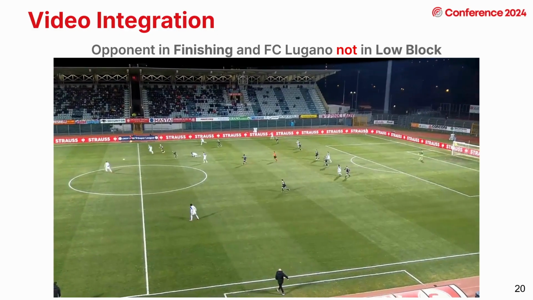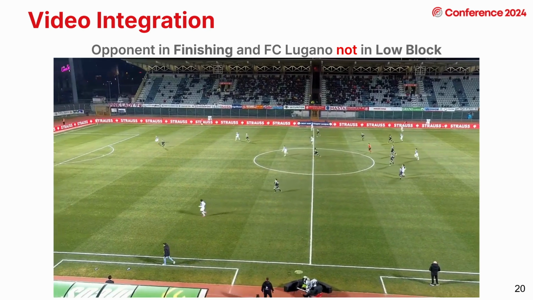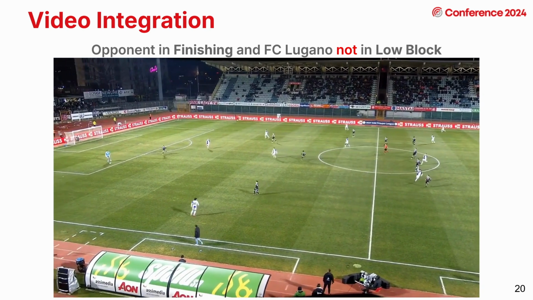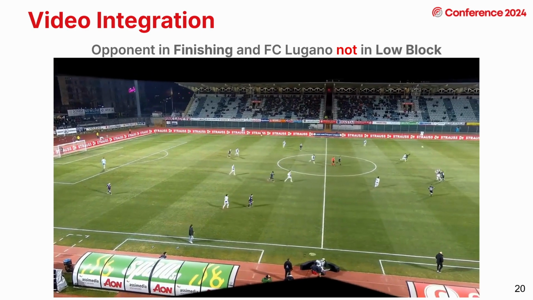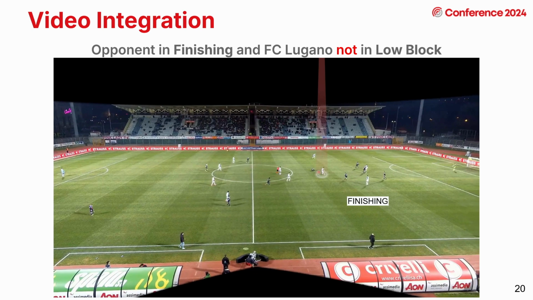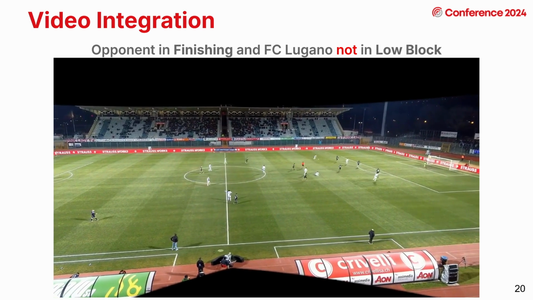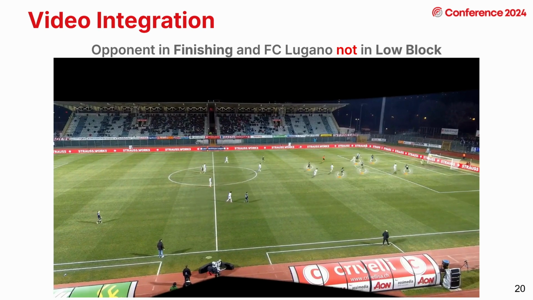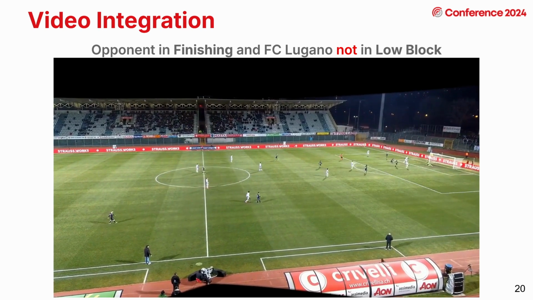With this clip, we can see Lugano in black and clearly out of possession. We can see that from this long pass from the goalkeeper, the opponent reaches the attacking third, so being in a finishing in possession situation, while Lugano only has 4 players in the defensive third, so they're not yet in a low block. And Lugano only reaches the low block status just from the pass before the shot, where they have at least 6 players in the area. So we might want to have all the actions for this specific moment throughout the season to analyze through video.